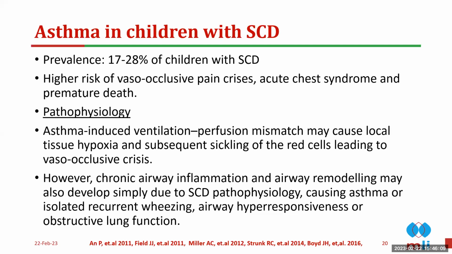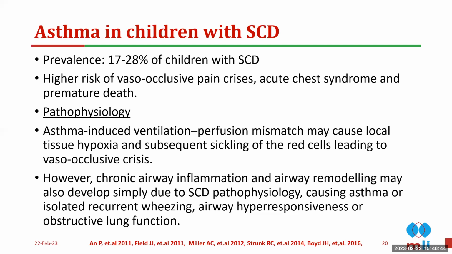So how does this happen that children with sickle cell disease are at higher risk of asthma, or what happens in those children? We think that the basic pathology, the basic problem when children have asthma is that they have narrowing of the airways. And because of that, and the pathology that I described earlier in sickle cell disease, they end up with a ventilation perfusion mismatch. And eventually this leads to local tissue hypoxia, a subsequent sickling of the red cells,